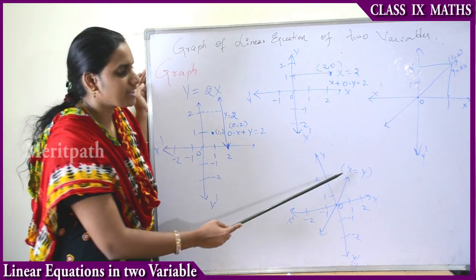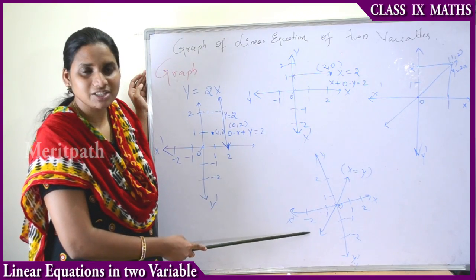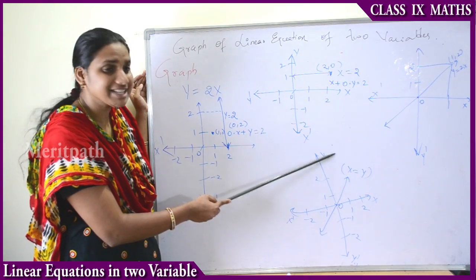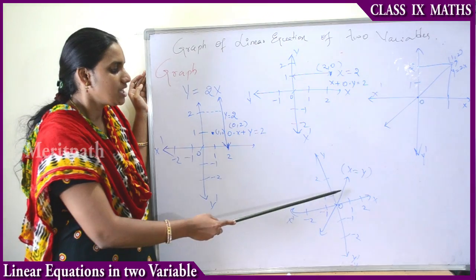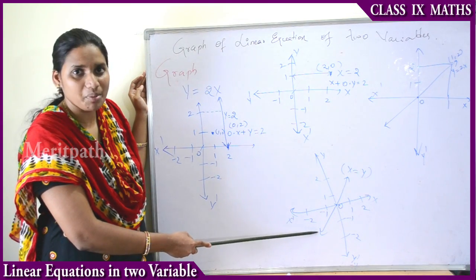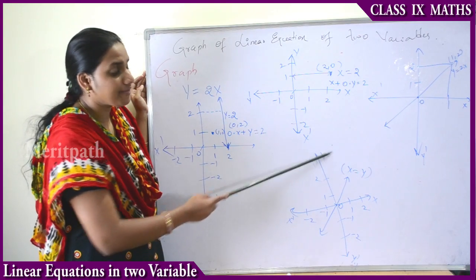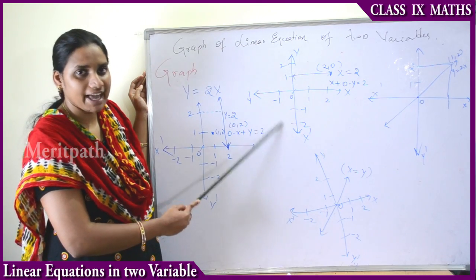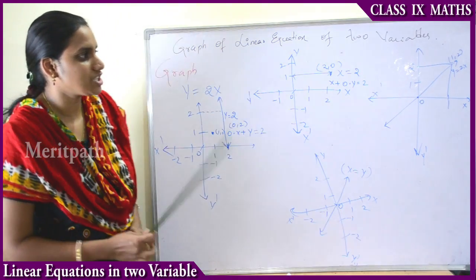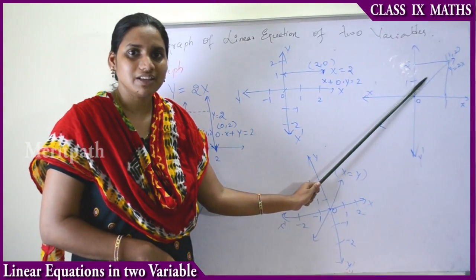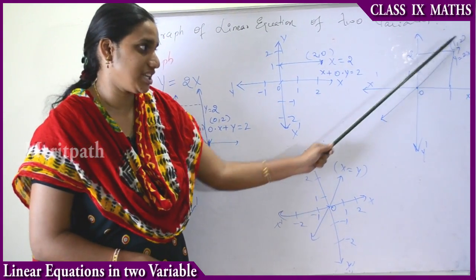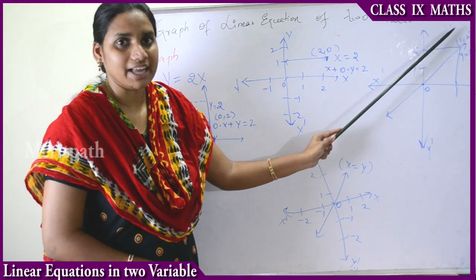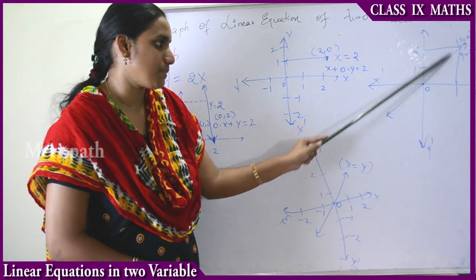Now let us see one more equation, that is x equals y. x equals y is an equation whose graph will pass through the origin, that is, the x and y values are both the same: (1, 1), (2, 2), (minus 1, minus 1), (minus 2, minus 2). I already said that every linear equation will be in a straight line form. Now let us see one more equation, that is y equals 2x. The y equals 2x equation will also pass through the origin, and it will be denoted as (1, 2), that is, the x coordinate is 1 and the y coordinate is 2. It will be represented as shown below.